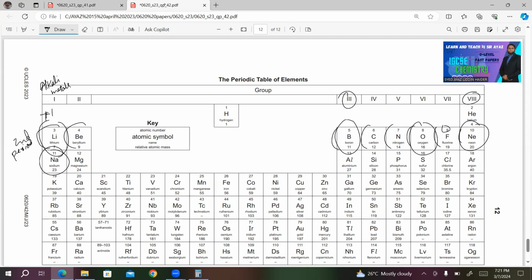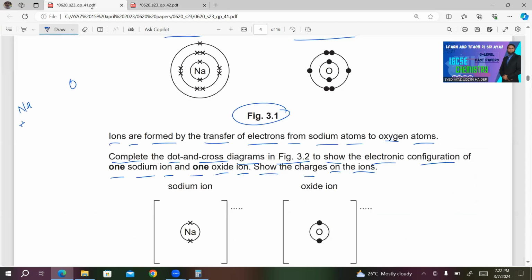Oxygen belongs to group 6. Valency is -2. So I will write +1, -2 here. Ignore the charges. 1, 2. These subscripts will be exchanged. 2, 1. So we'll get Na2O. This will be the formula for the compound formed between sodium and oxygen,